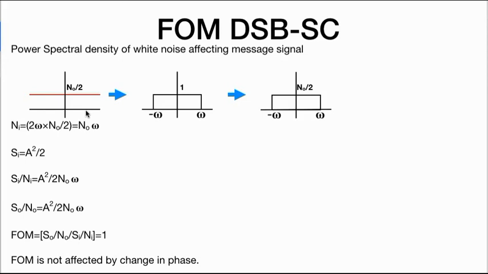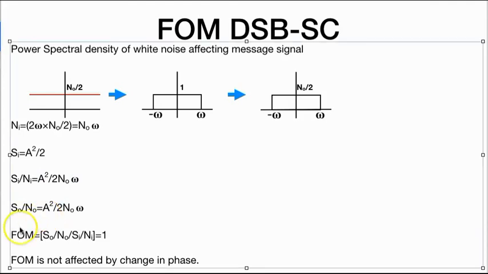Moving further, we have the PSD of a baseband noise signal, which is n naught omega. The input signal power can be calculated as a square by 2. The input signal power over the noise power is a square upon 2 n naught omega, and similarly for the output power. So the figure of merit is 1, which is not affected by any change in phase. To calculate a